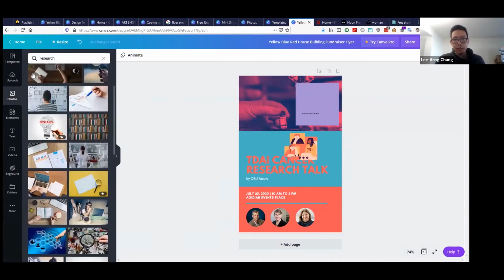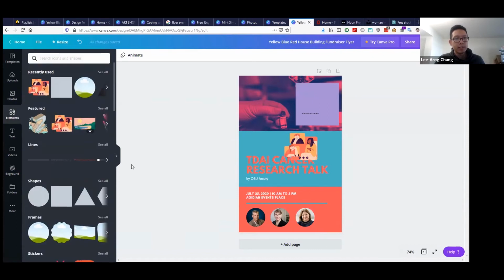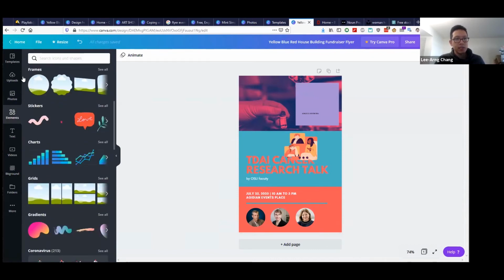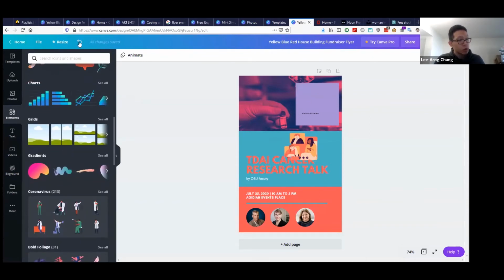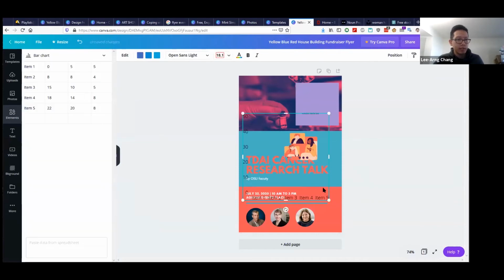Okay, so talk a little bit about the photo collection, what's free, what's not free, the fact that you can just search for different photos or icons or elements. We talked a little bit about frames here. There's also charts, so very simple charts. So here's a little bit more of maybe data viz related materials. So this is definitely a very simplistic data visualization type of tool.